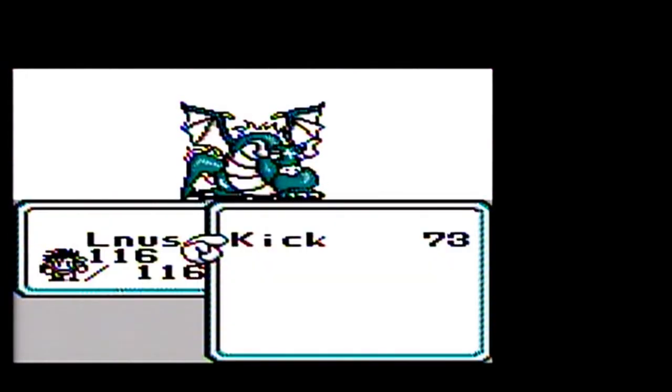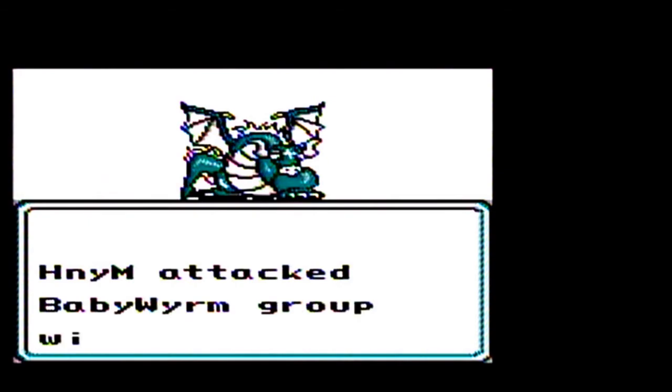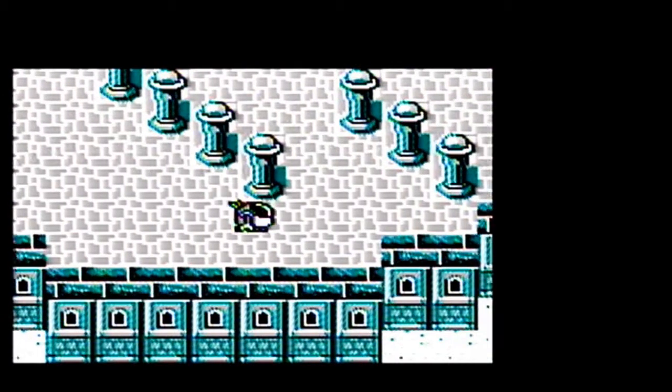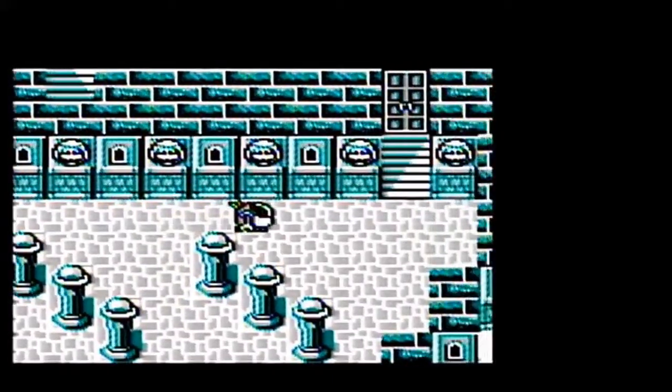Baby worms. This was the first mini boss that we ran into back with Mr. S. Now it's a common regular enemy. Level 2 enemy, so...